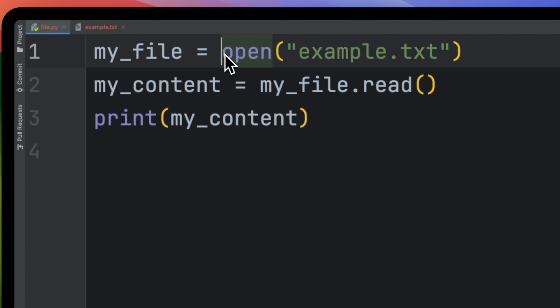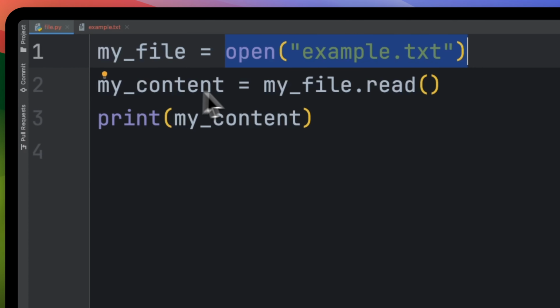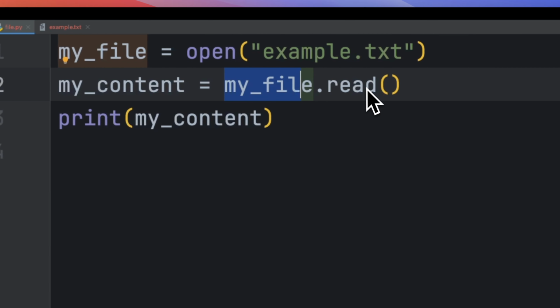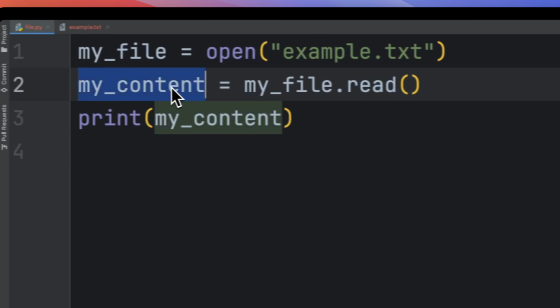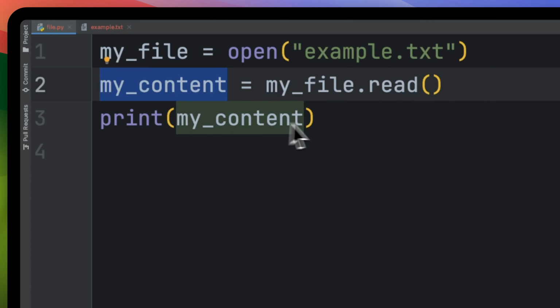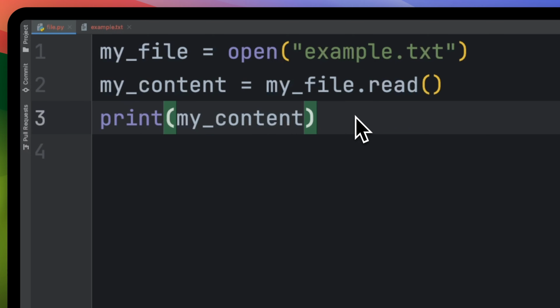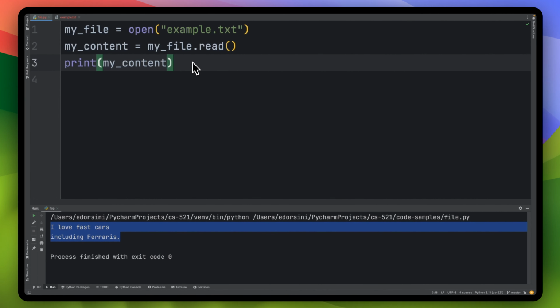So what did we do? We opened the file, we executed or invoked the read function of my file, we assigned it to my content, and we just assigned it to my content. Now there's so much to talk about here, and I'm going to break it down into different